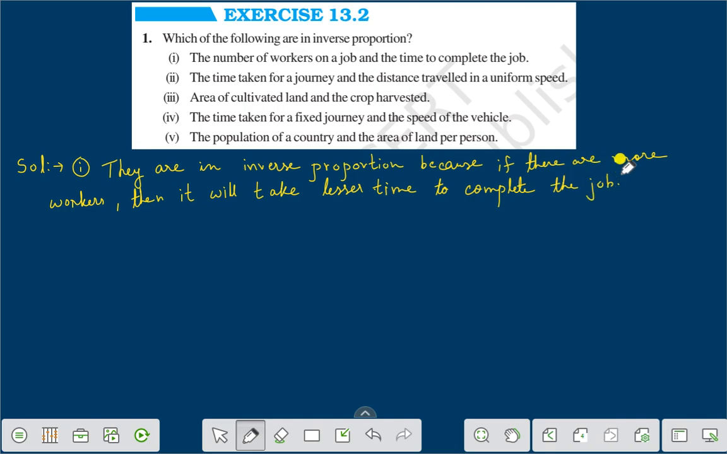Question number 2. The time taken for a journey and the distance traveled in a uniform speed. They are not in inverse proportion, because